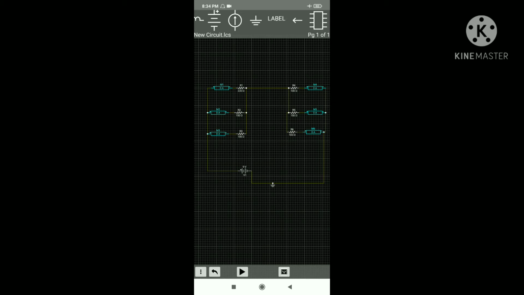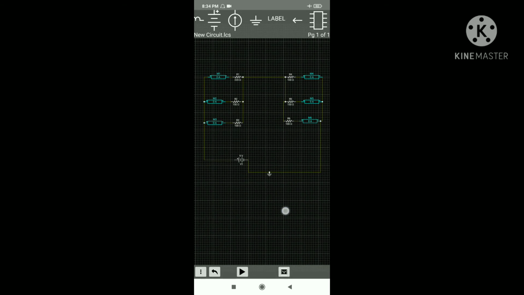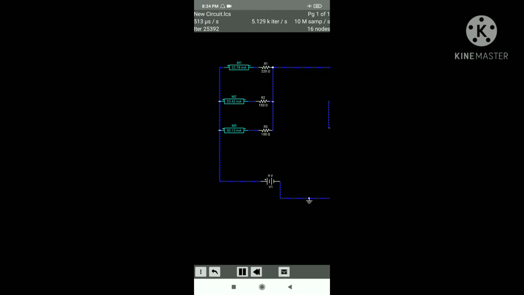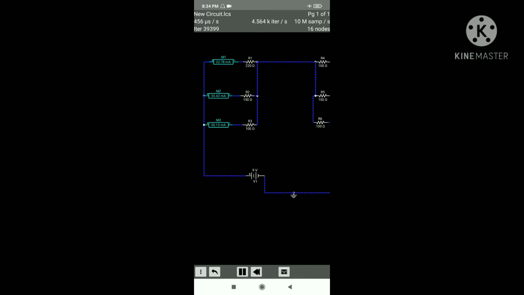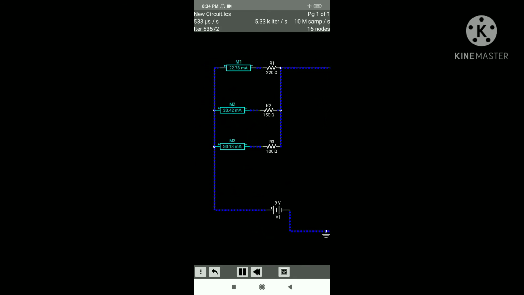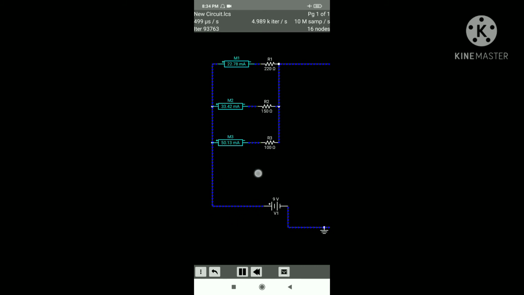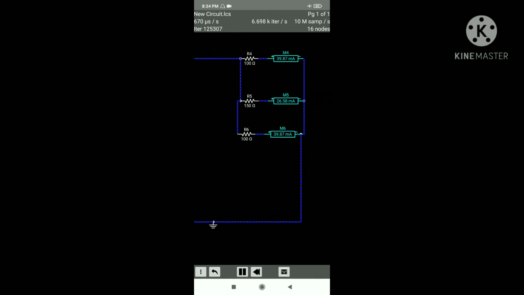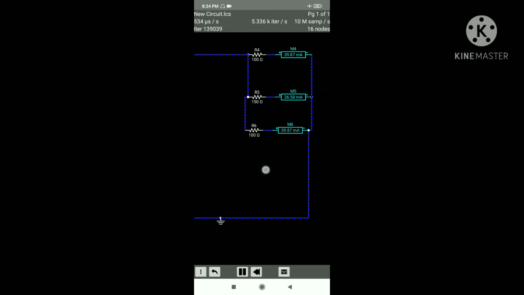Now we require to measure the currents. Therefore, start the circuit, or run the circuit, or as it is called in simulation language, simulate the circuit. Run it. See here, we calculate the currents. The current values we see here are from R1 22.78, from R2 33.42, from R3 50.13 milliampere. Similarly, check for R4, R5 and R6.